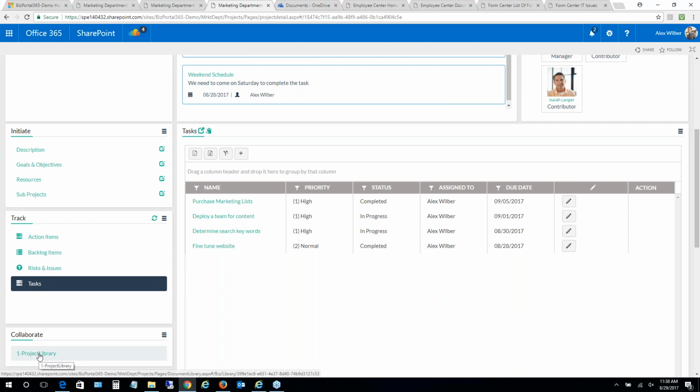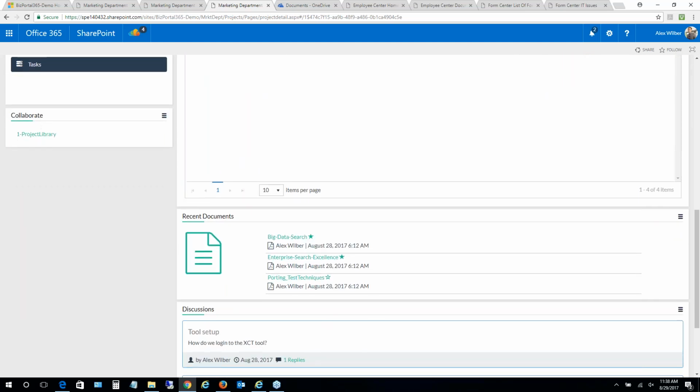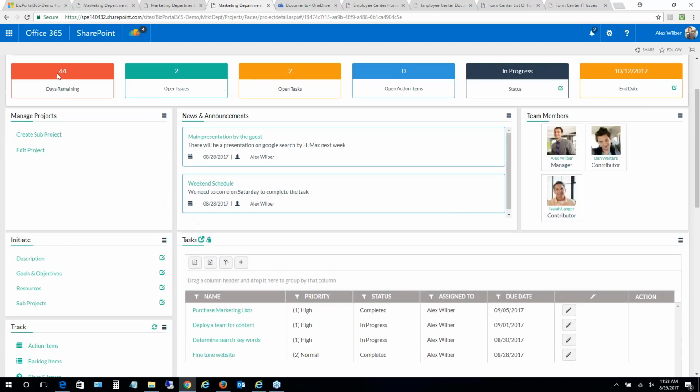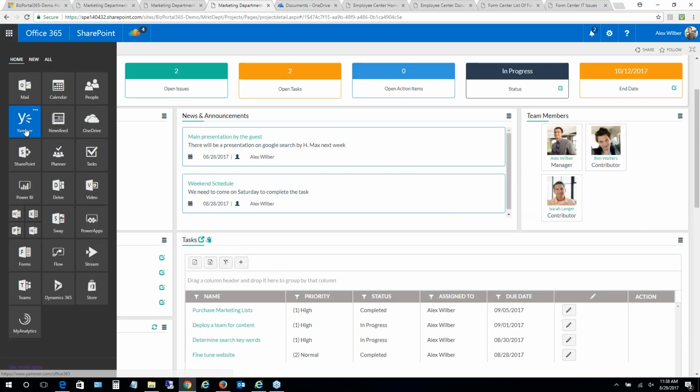Okay, so in terms of team collaboration, we have, as I showed you, marketing sites. I showed you projects here. We do have project discussions here, which is really our functionality. So it's basically, instead of sending emails to your project team, you could just get into a project discussion right here. However, if you are used to using Yammer for chats and so on, we can integrate this right into